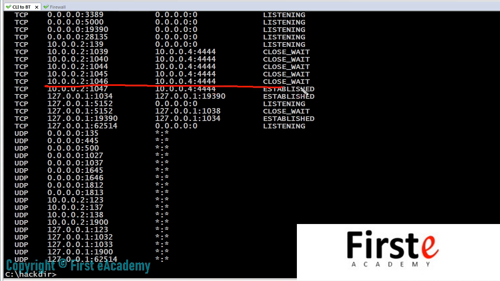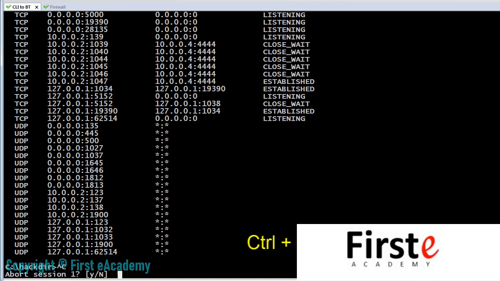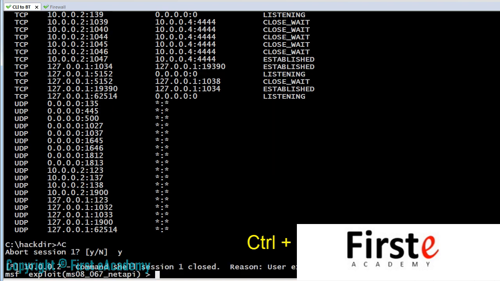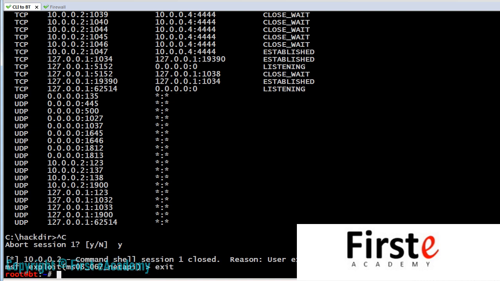On closer inspection, I have a whole bunch of additional ones up here that were from previous validations as I was preparing for this demonstration. Now, to get out of this shell, we're going to do a Control-C. It's going to say, do you want to abort this session number 1? I'm going to say yes. And I'm back to the MSF console at the same position before I actually typed in the word exploit. To exit out of here, we can simply type in exit, and that will take us completely out of the